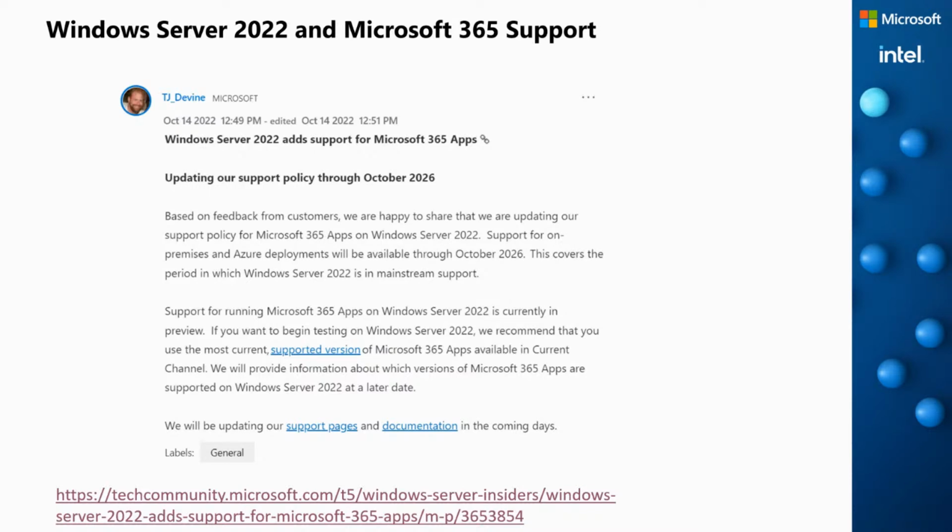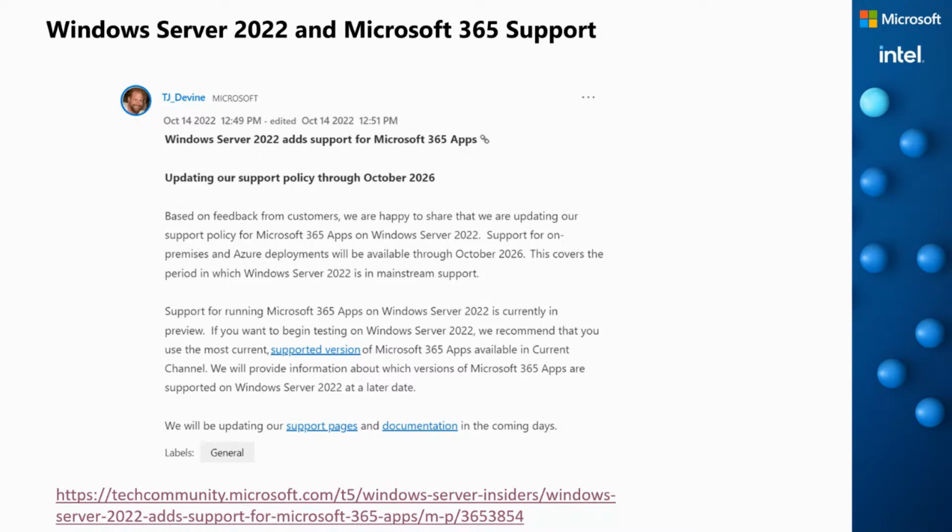When we go to the web, to LinkedIn, Twitter, Facebook, wherever you are looking for news around Microsoft technologies, you will read in those days very often Microsoft adds or Microsoft added support for Microsoft 365 apps to Windows Server 2022. But this did not happen today. This is important to know.